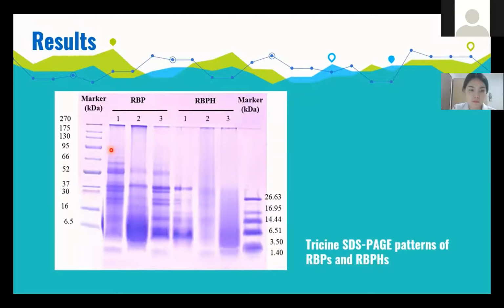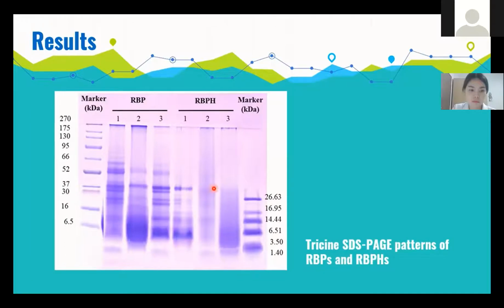After all fractions were hydrolyzed by alcalase enzyme, the molecular weight decreased. You can see the RBPH1 shows molecular weight around 6.5 to 37 kilodaltons,